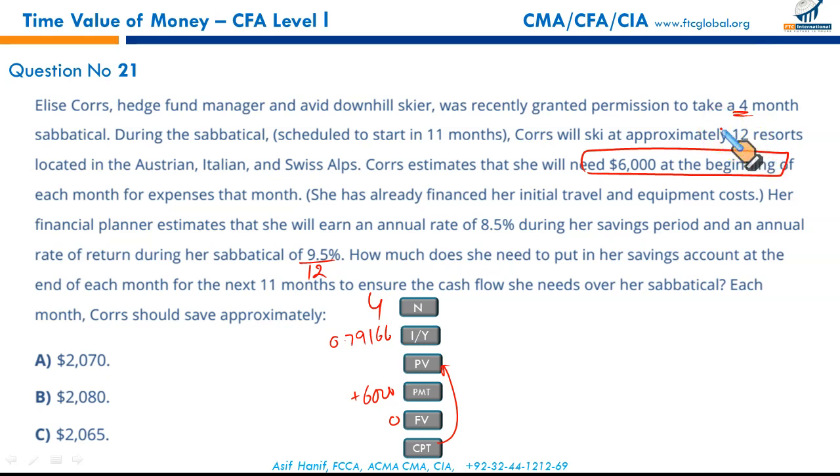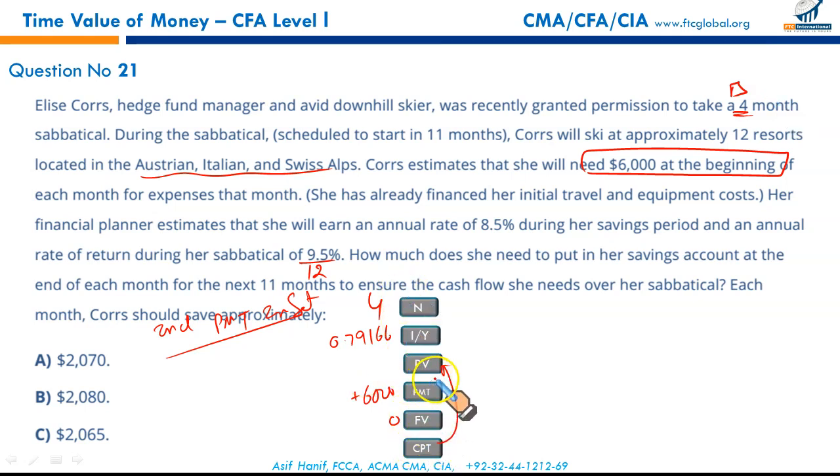Remember, she will need the first payment at the start of month 4, which means it's an annuity due question. Remember, this is an important point to remember. It's an annuity due question because she needs money at the start of the 4 month period when she starts enjoying these lovely places in the European regions. So let's start first with the function conversion. Second, PMT, second and set. This will convert your calculator into beginning mode. It's an annuity due because she needs money at the start of each month, not at the end of the month. She needs spending money, so she has to have the money at the start of each month. So that's why it's an annuity due question.